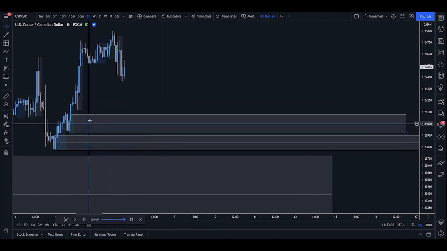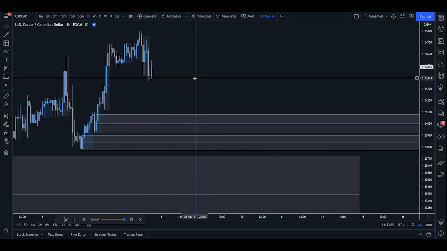That doesn't mean we should write this zone off. If the market does come in and form that bullish reversal confirmation that we like to see, we certainly could begin looking for some buys from there. But the high probability ideas are going to come from a trade into this zone. Now, what does that mean? Well, obviously, that's going to give us much more confidence when taking the trade,